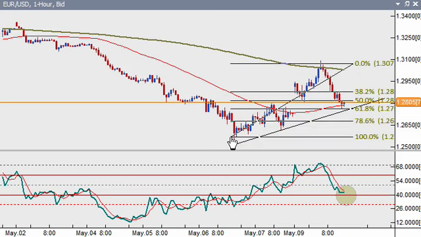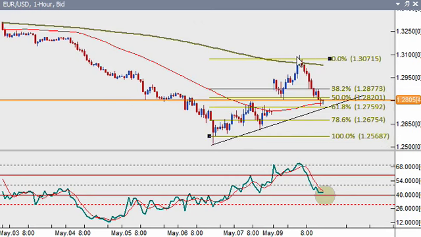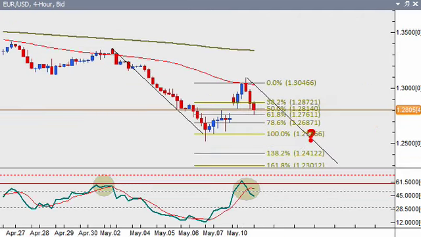Now I'm using the retracement by truncating some of the tails here, so we are pretty much right on top of the 61.8%. The market is closing up the gap, and if it could break below 1.2760 area as indicated here as well, then